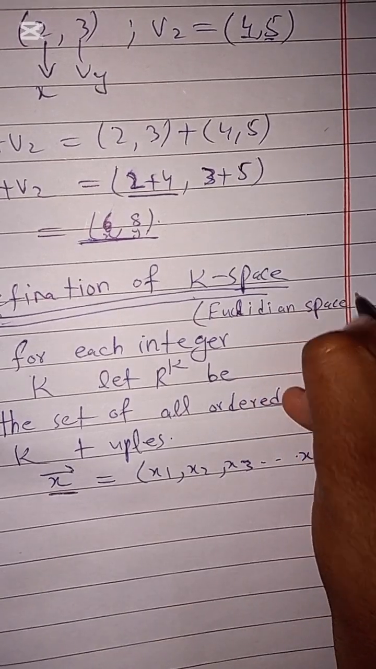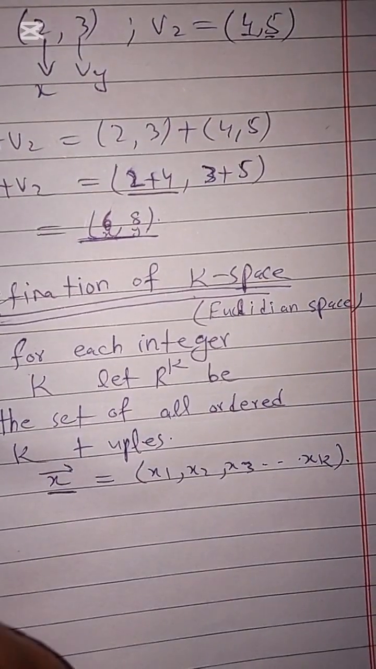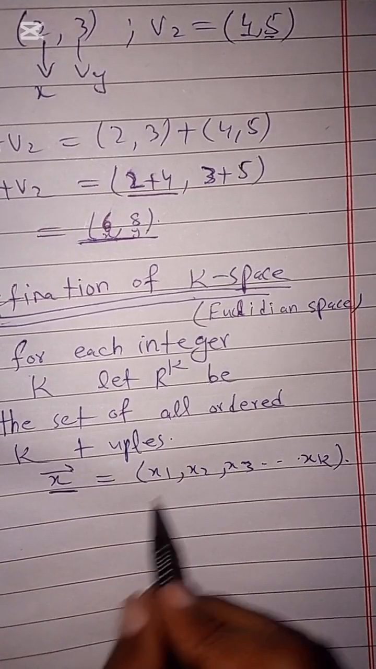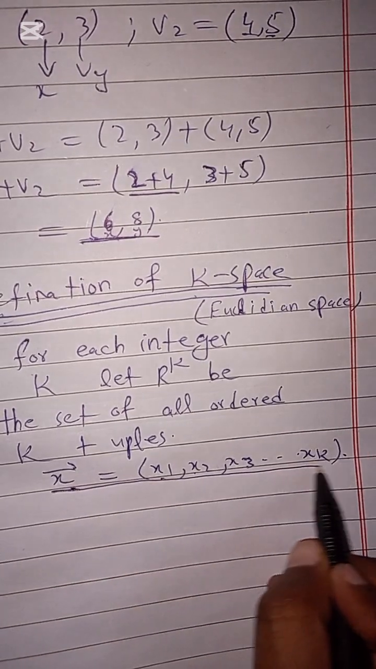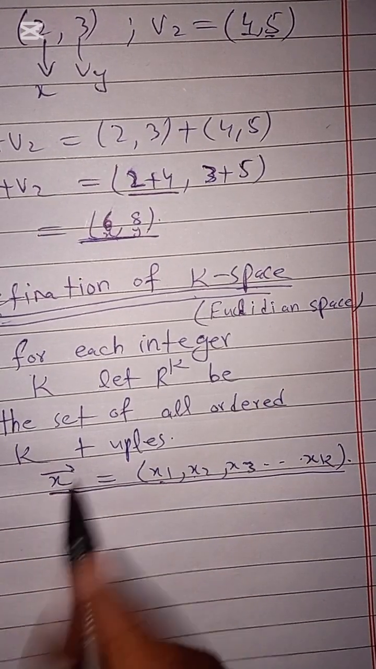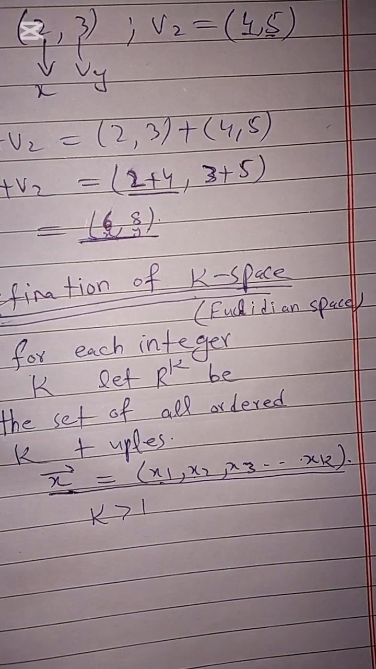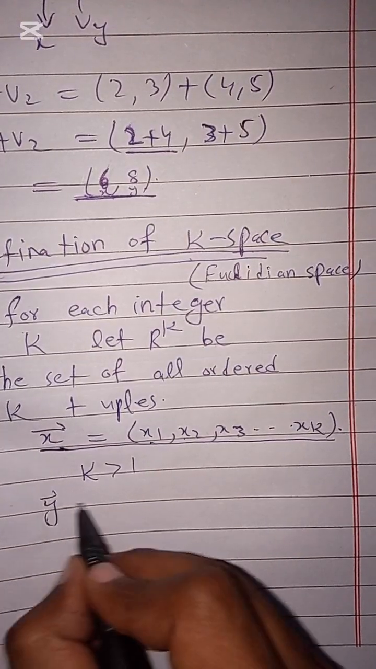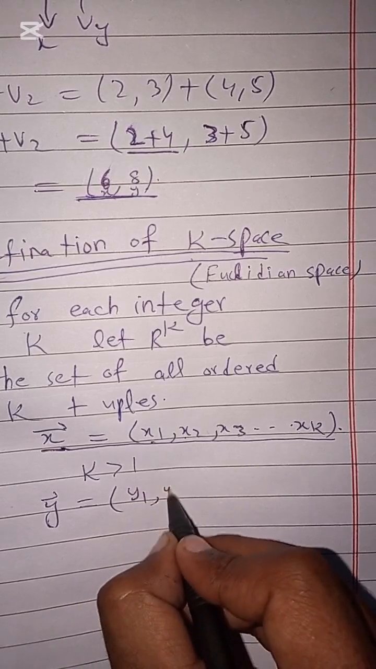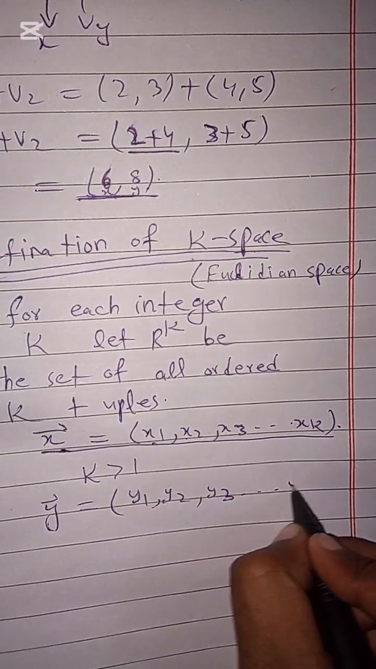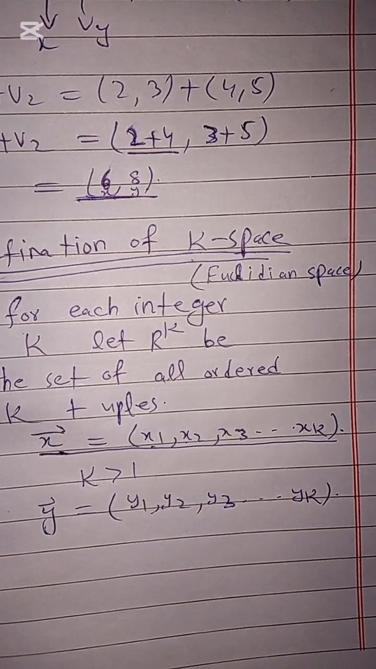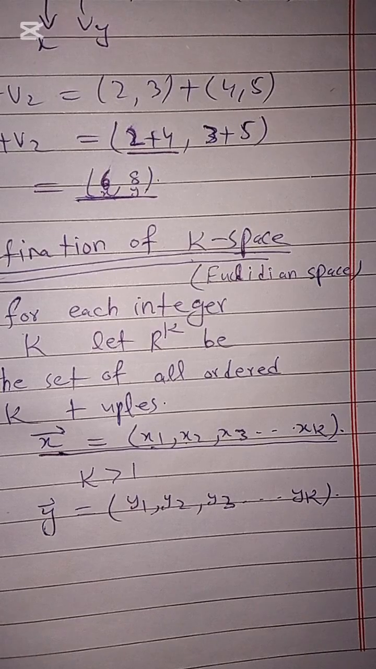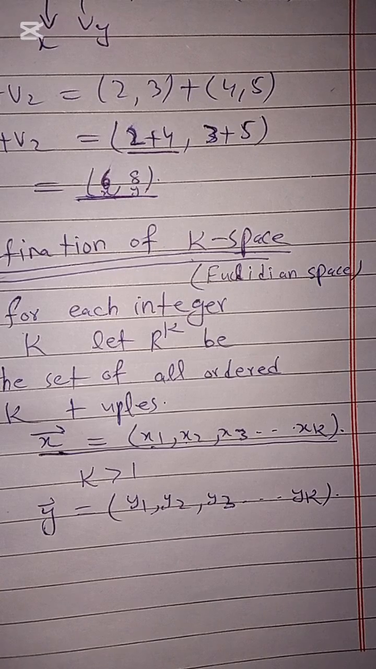In that Euclidean space we have one more thing. These are called the points, and this is an element of the k Euclidean space, where k is greater than 1. If we take another element, another vector of that space, it will be y1, y2, y3, and so on, yk. We can also check the properties of addition, subtraction, and others on that space. For example,